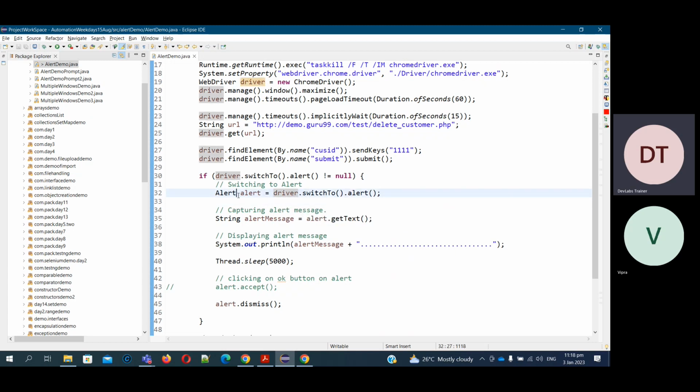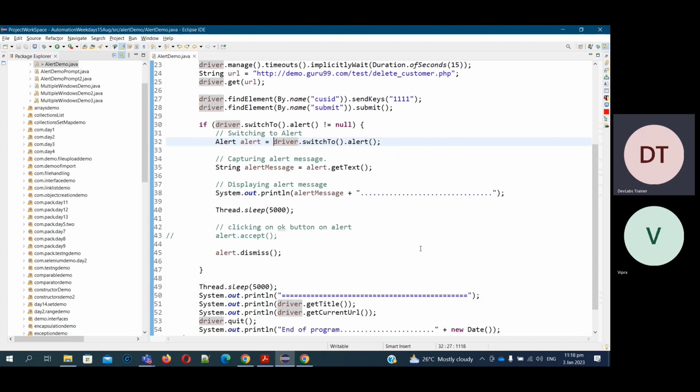So that's why I created a shortcut. Like, the reference I have stored over here, and then just reference dot get text. The same reference I'm using here, you see this reference dot dismiss. So instead of that, you can also write the long code. It's up to you. Earlier, if you had to use something multiple times, just store it as a reference and then use the reference. So same thing, that's right click and then